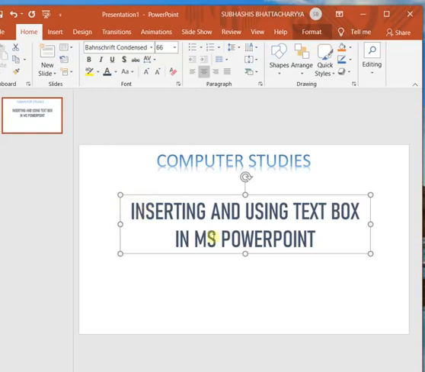The first line is longer than the second line, so there is a small space between the left margin and the text, and on the right side also, between the right margin and the text, there is a small space, because the first line is longer. The second line is shorter than the first line, so there is a large space on the left side and the right side also.